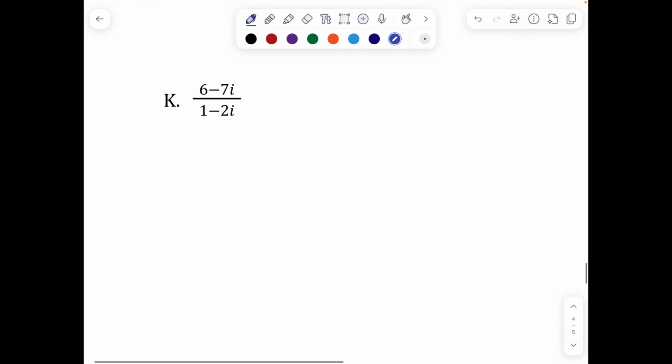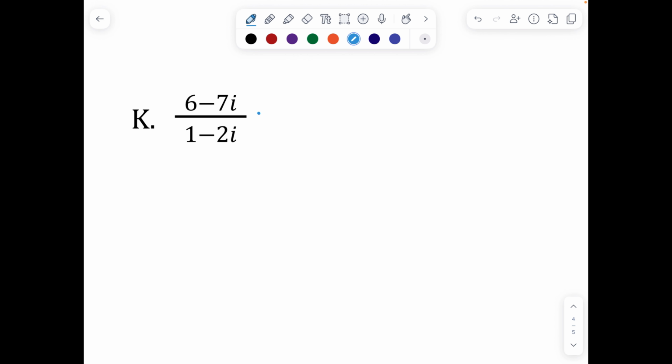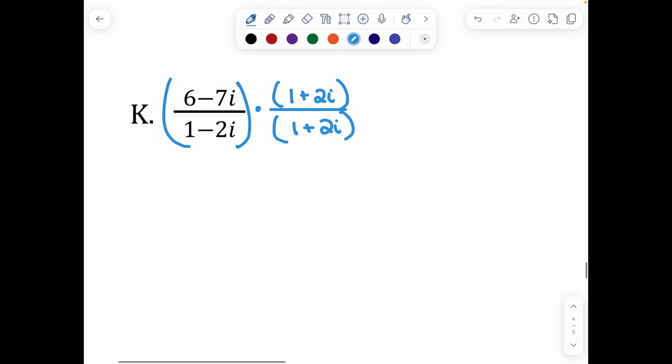Now we can take a look at a division. So we have 6 minus 7i over 1 minus 2i. So this is where we need to multiply by the complex conjugate. So I'm going to multiply numerator and denominator, so we're multiplying both of them by 1 plus 2i over 1 plus 2i. So we're switching that sign of our denominator. So I'm going to go ahead and FOIL that out. So I get 6 plus 12i minus 7i minus 14i squared